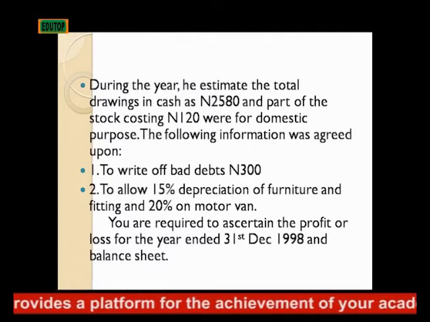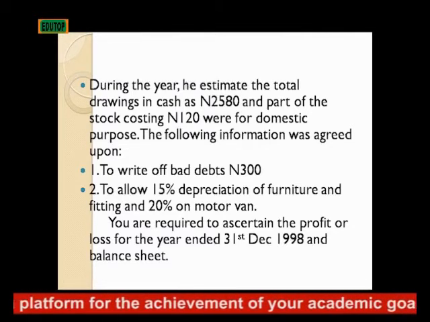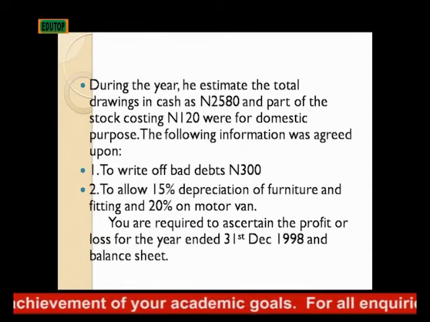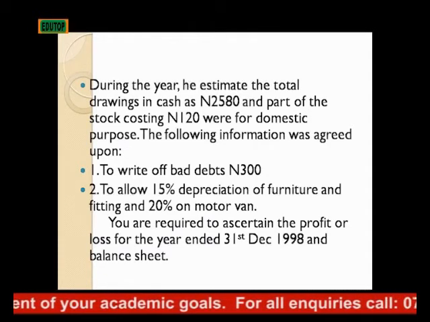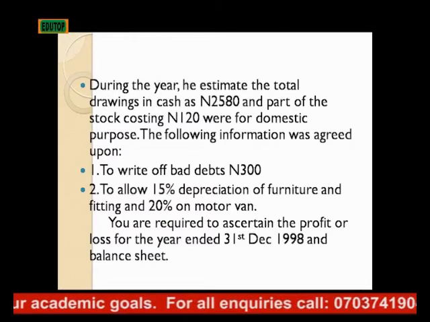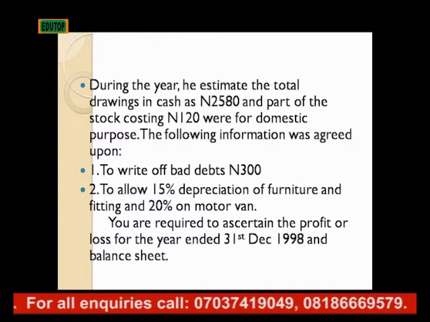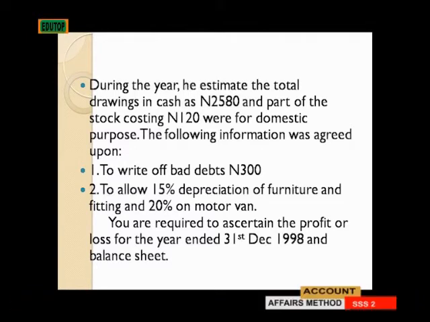Then the following information was agreed upon. One, to write off bad debt, to allow 15% depreciation of furniture and fittings and 20% on motor van. You are required to ascertain the profit and loss for the year ended 31st December and the balance sheet as at that date. If you look at this question,